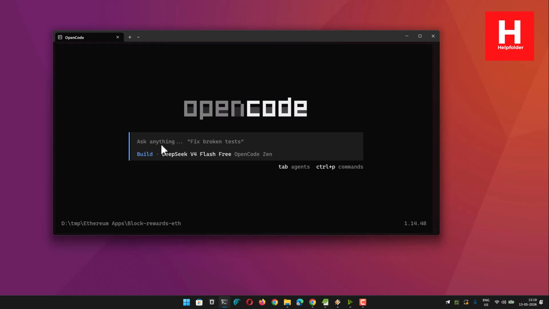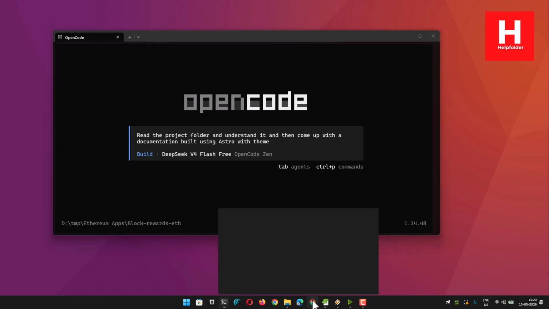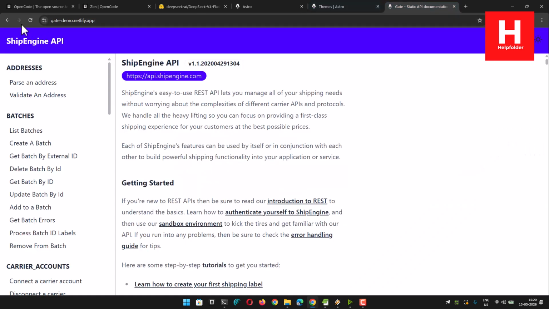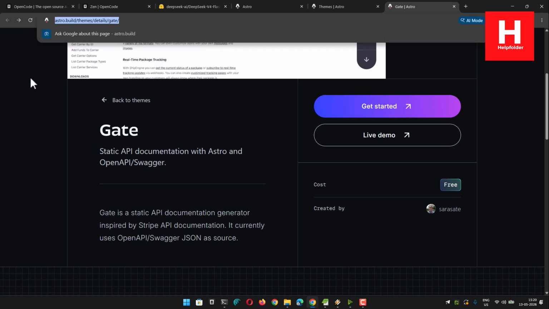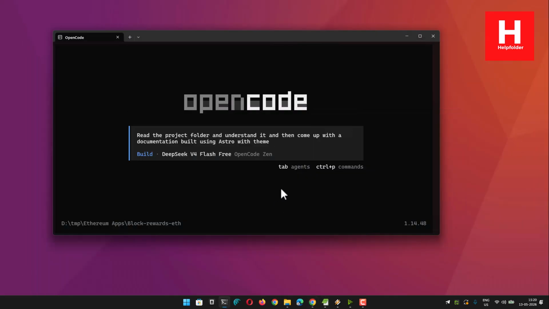So I will ask this particular DeepSeek model to read the project folder and understand it, and then come up with a documentation built using Astro with theme. We can even give it a theme, right? So I can go and check the themes. Here you can see there is a Gate theme. So we will go and check the Gate theme, right? I can even give a URL if required,